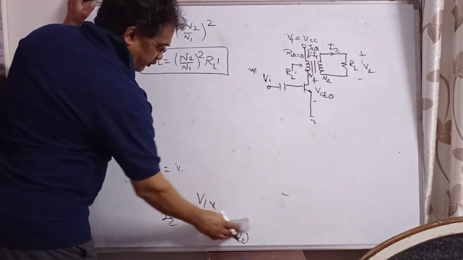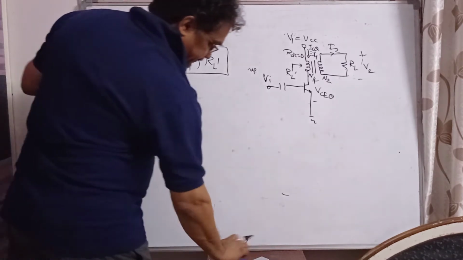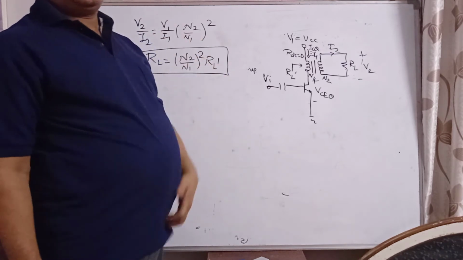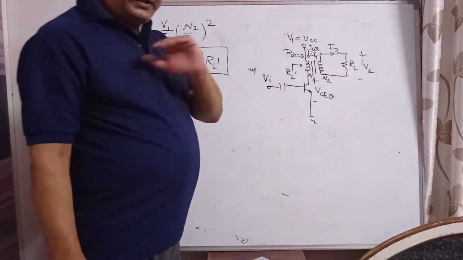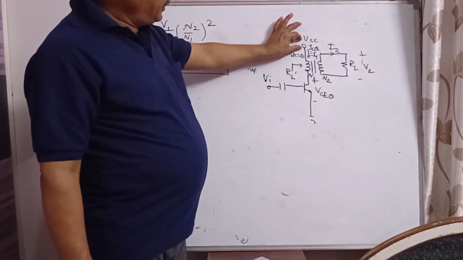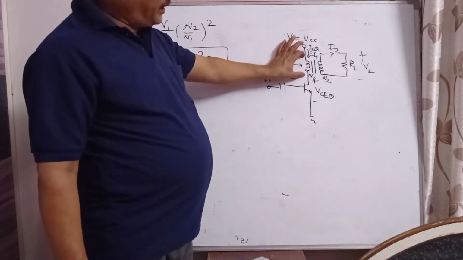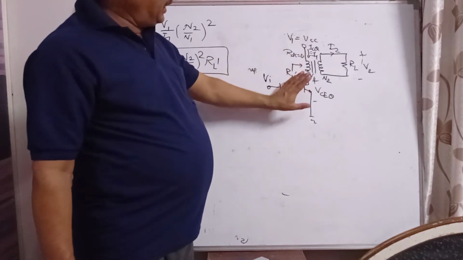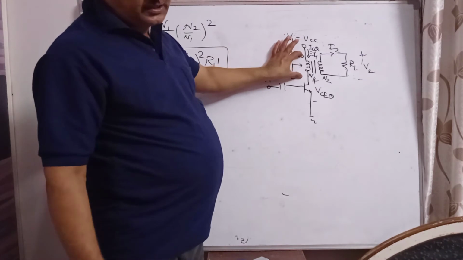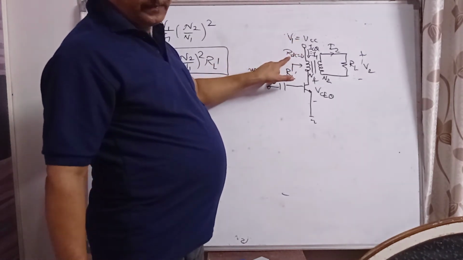Now in the previous article we have studied two efficiencies, overall efficiency and collector efficiency. Please go through that article. Here, input power is generated, then it is wasted in the resistor and the remaining power goes to the transistor, and the transistor converts part of that power. But here there is no resistor, DC resistance is 0.